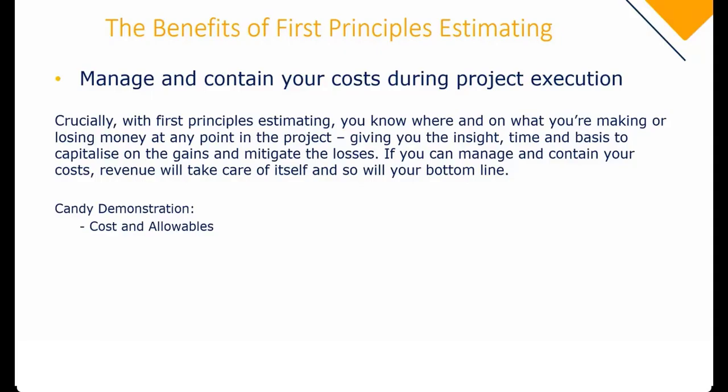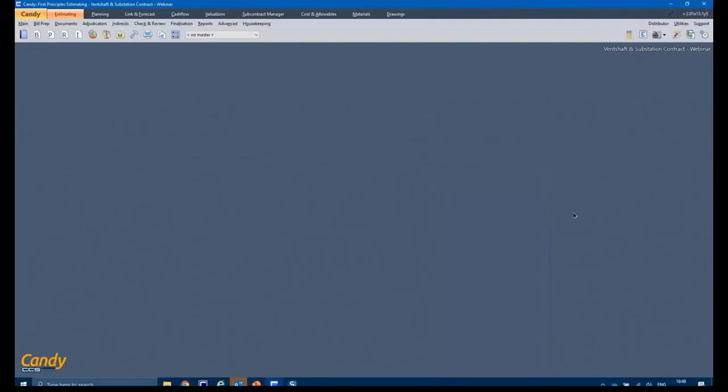So let's show you this example within Candy, cost and allowables. This is during project execution, and at any point in time you can compare your allowable versus your cost, typically on a day of the month, typically on the day of cost close. So you go measure a value up to day 25, for example. You do a measurement in your bill. That's going to generate a budget to date. Your accounting system, like BuildSmart, is going to give you a cost to date up to day 25, and you're going to compare your cost versus your allowable. So let's show you this in Candy.